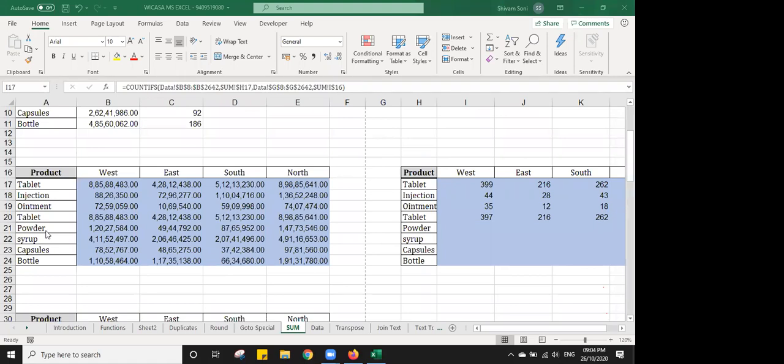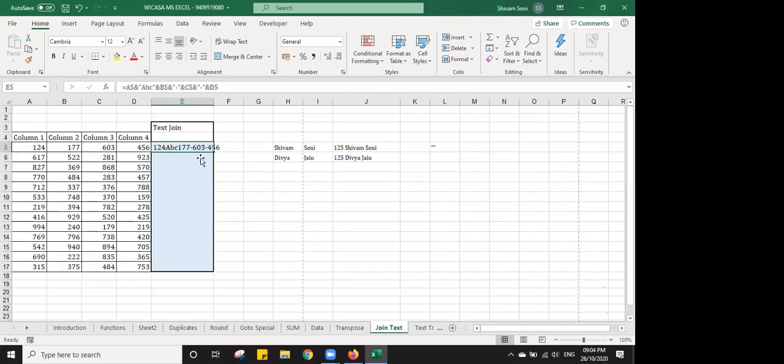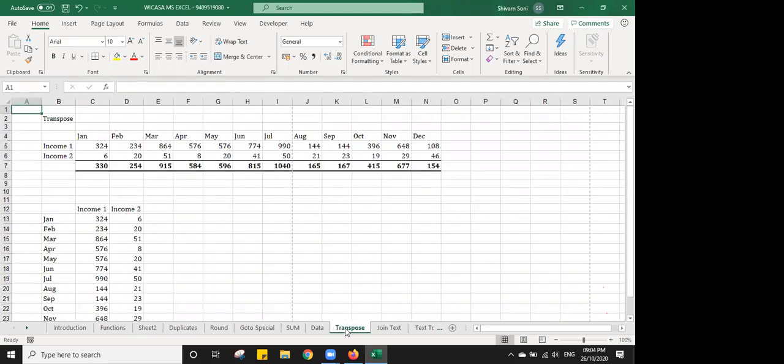Then we have seen the header and footer option, the printing options. What are the printing options available? We have seen the join text, how to join the text, how to merge the cells. There is another function available with us. This is transpose. So this is my data. If I want to make this data into this format, like January, February, March, April, what option is available with me? I can simply click over here, copy it, and paste it, like I have pasted Jan. Then I will paste Feb, then March. I can paste it one by one. Then I will get 324 pasted over here.